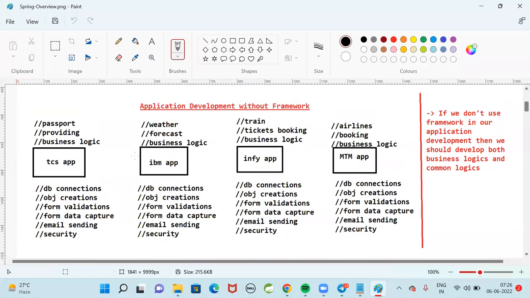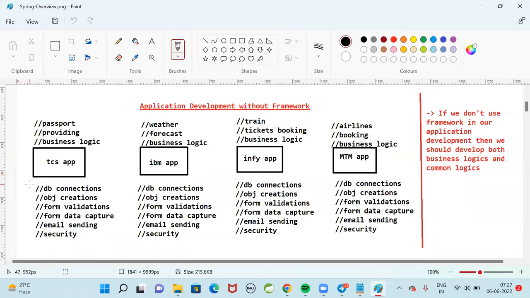Many companies are developing applications, and in all the applications some common logics will be available, like database communication, object creation, form validations, form data capturing, email sending, security. These are common logics. Now if you are working on several projects, then in several places you need to write the same common logics. That is becoming boilerplate code.